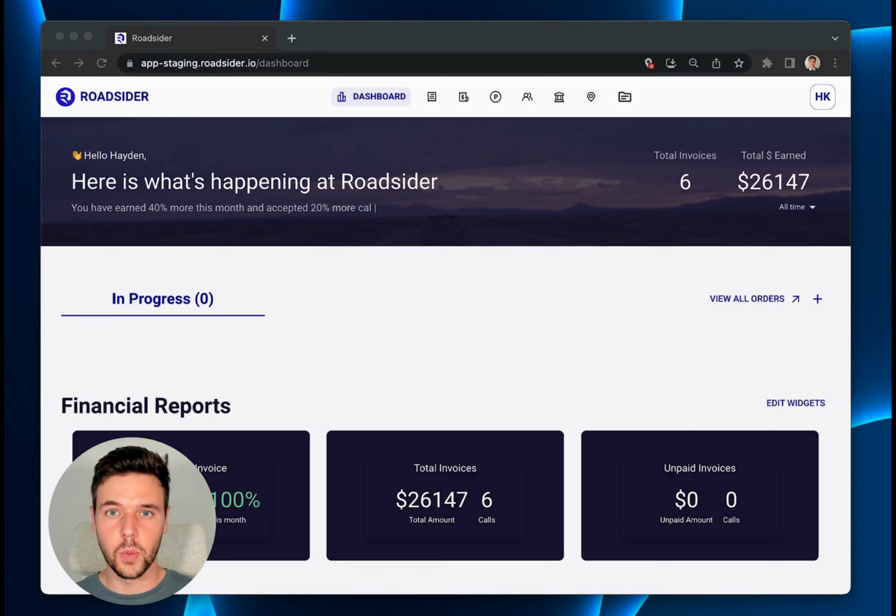In today's video, we're going to cover how to get paid with Roadsider. So now the fun part. After all your hard work completing a job with Roadsider, you finally get to get paid. And the best part is that Roadsider makes it simple, quick, and easy to get paid because we integrate with